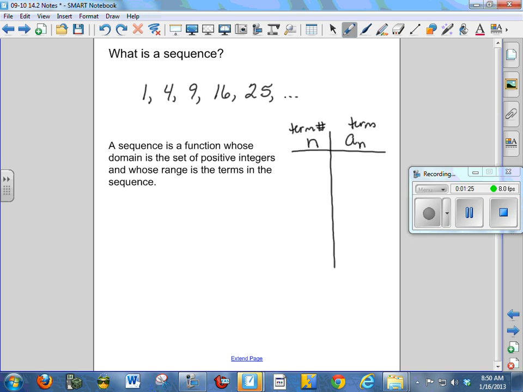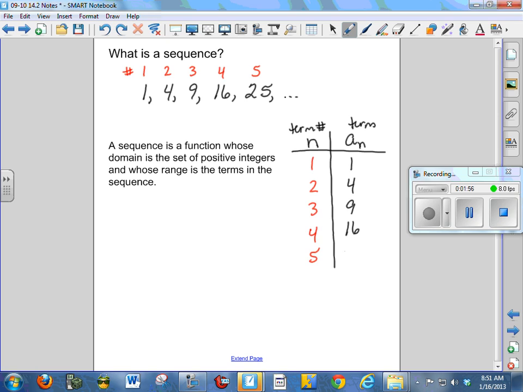We would say, let's number these terms. This is term number 1 is 1, term number 2 is 4, term number 3 is 9, term number 4 is 16, term number 5 is 25. Now, if you didn't spot what the pattern was in the sequence, hopefully you do now. So if I list the term numbers, 1, 2, 3, 4, 5, and then I list the terms, 1, 4,